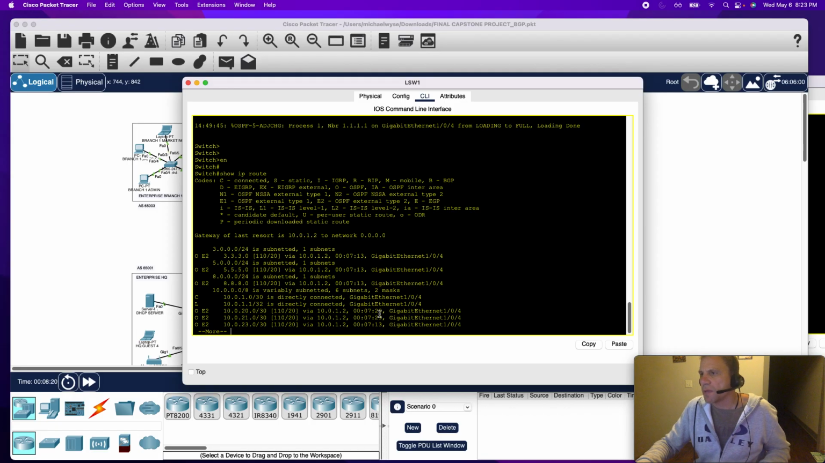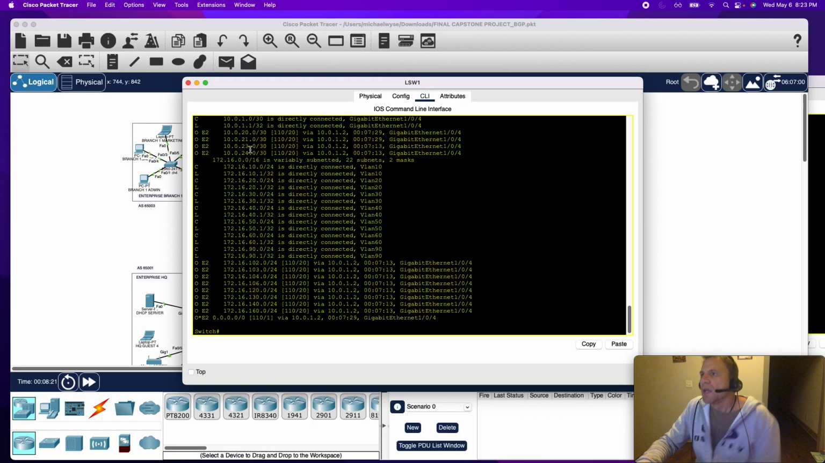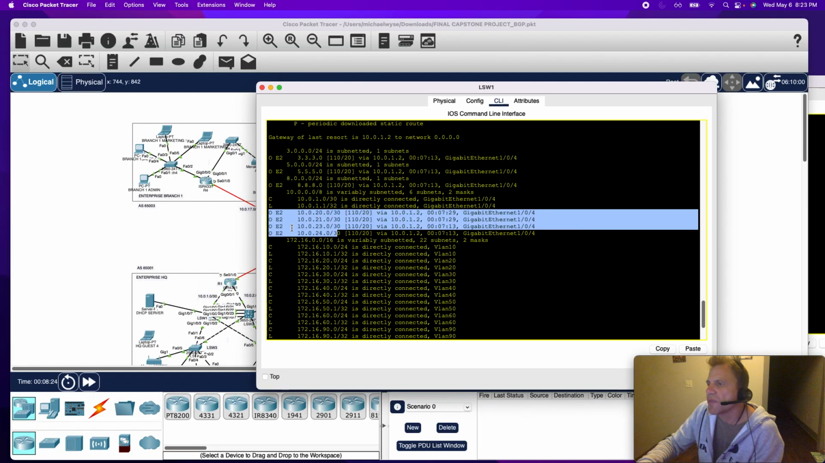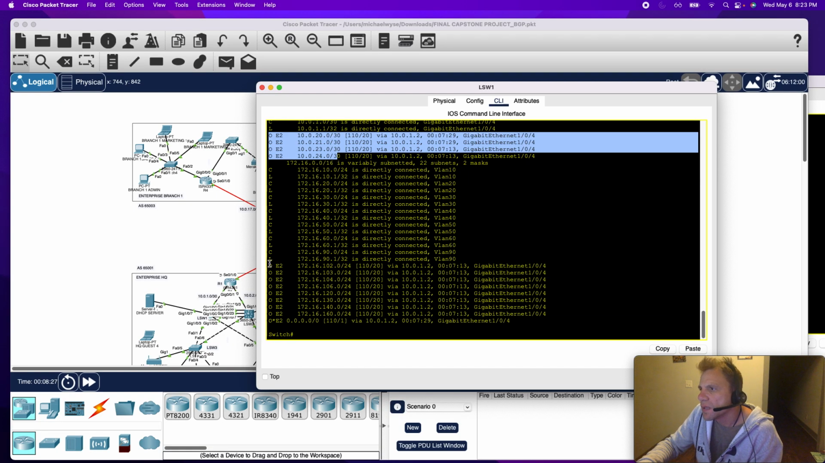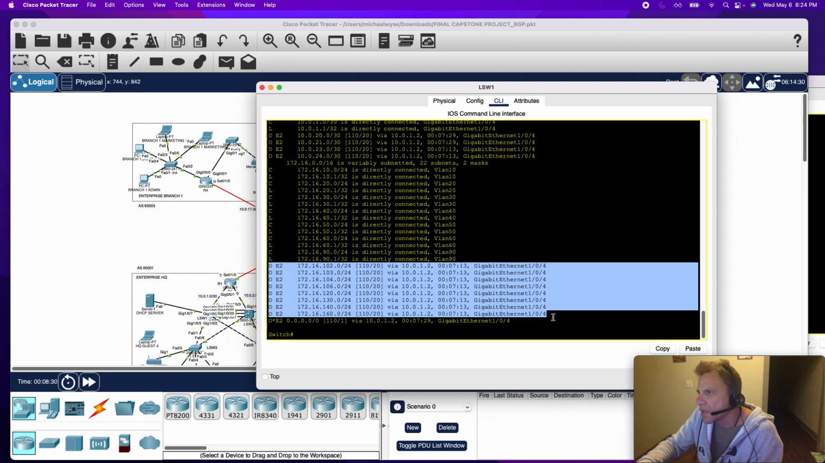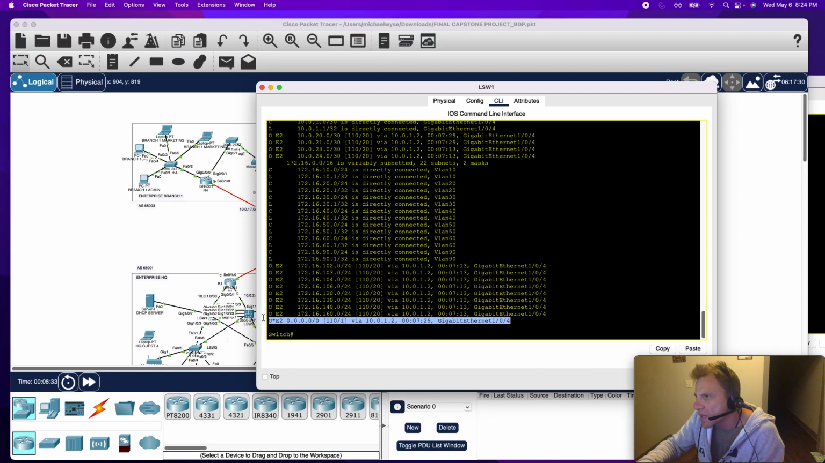So I do a show IP route there. And you can see it's getting all of these where it says E2, because that's coming from a redistribution. That's kind of why you're getting all of those through OSPF. And it gives that one right there, because we redistributed the OSPF,